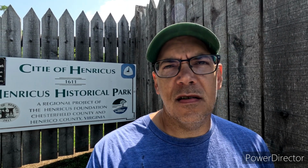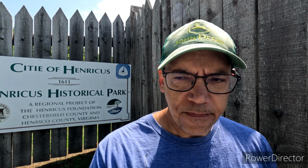Unfortunately, due to nature, time, and man, the site has been completely lost over time. It just has. The James River has shifted its banks quite a bit over the past 400 years. See, in the Civil War, it had a Union encampment here, and they built canals all over the place around here, and it kind of destroyed some of the area during the Bermuda Hundred campaign and the siege of